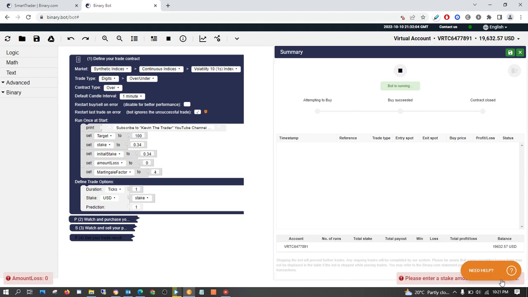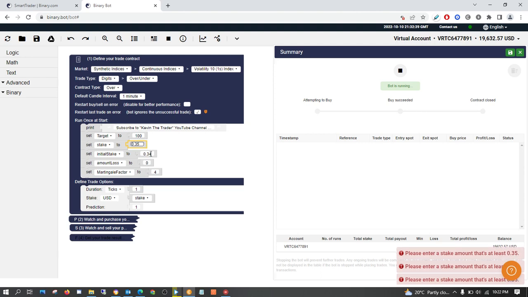You see, the stake is at least 0.35. So with any bot, any binary bot, or even manual binary trading, you can't stake anything below 0.35. The minimum amount of staking on binary is 0.35.